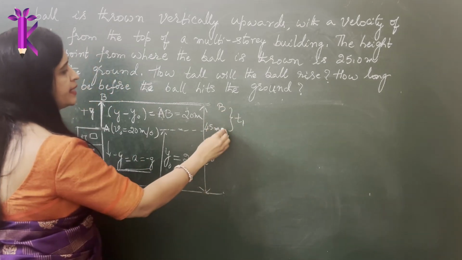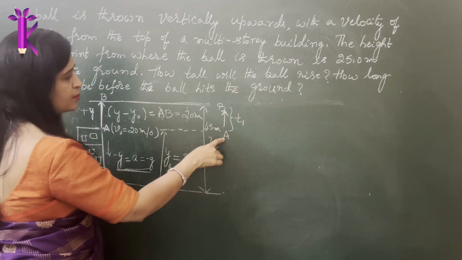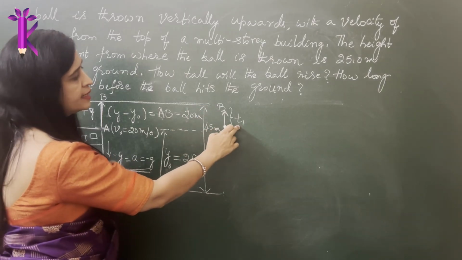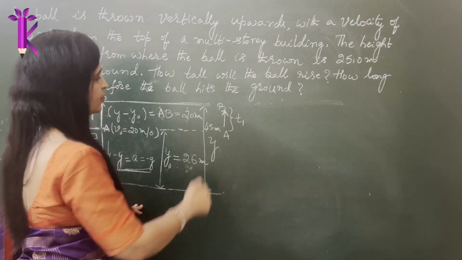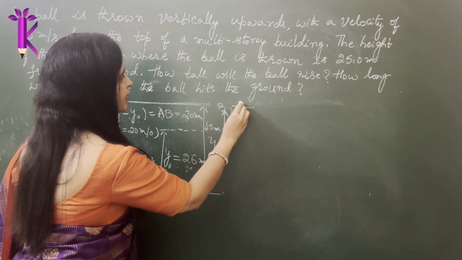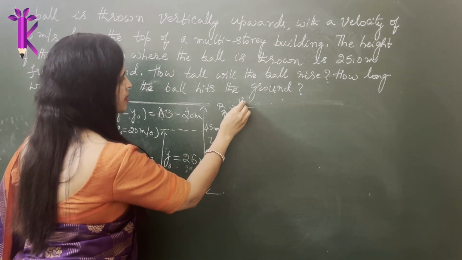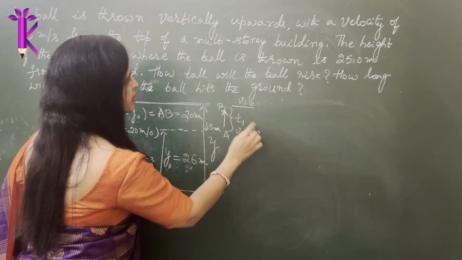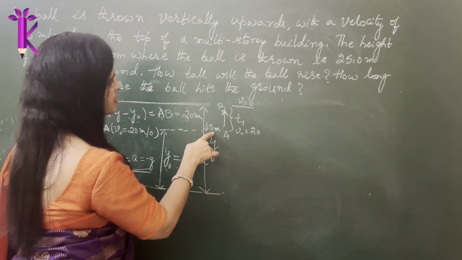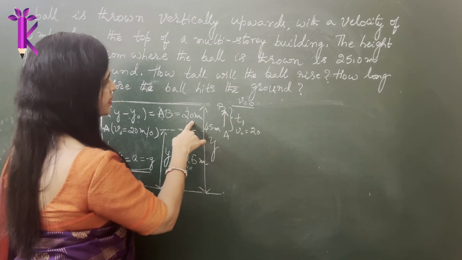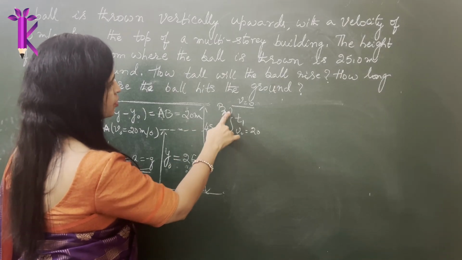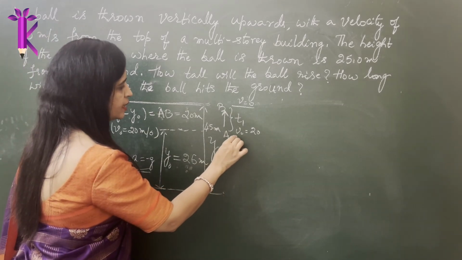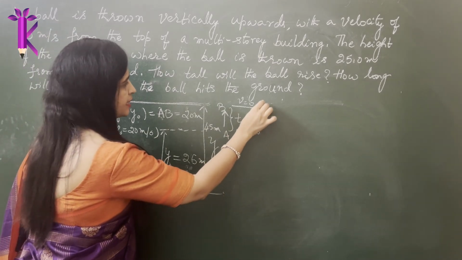Let's call the time it takes to go from point A to B, from the point of projection to cover this distance of 20 meters, T1, to move in the upward direction. Now after reaching point B, where the final velocity becomes 0, the initial velocity is 20 meters per second, the final velocity is 0, and the distance traveled is 20 meters, right? Y minus y naught. So you have to calculate T1. The downward direction will be a different case.